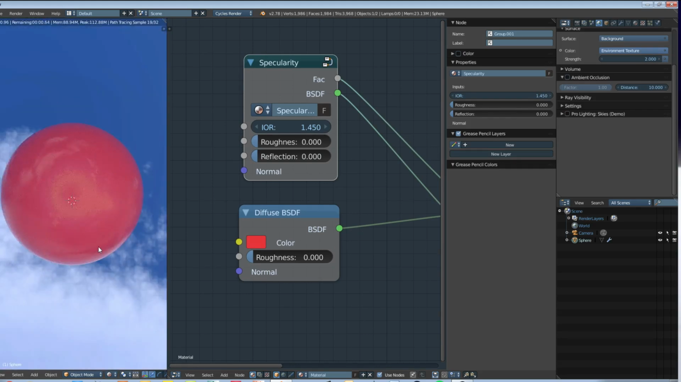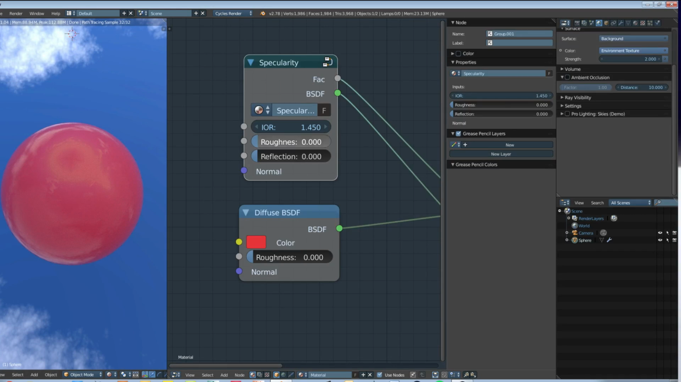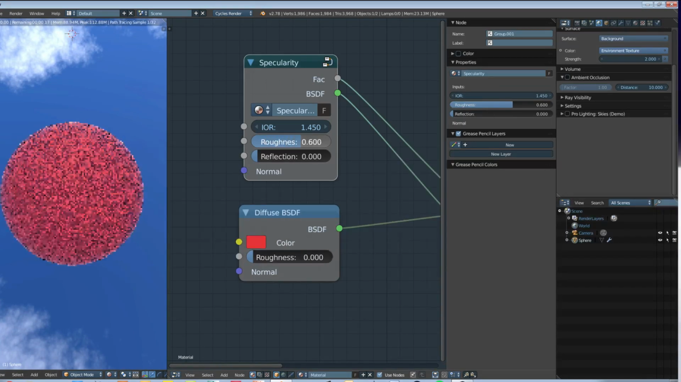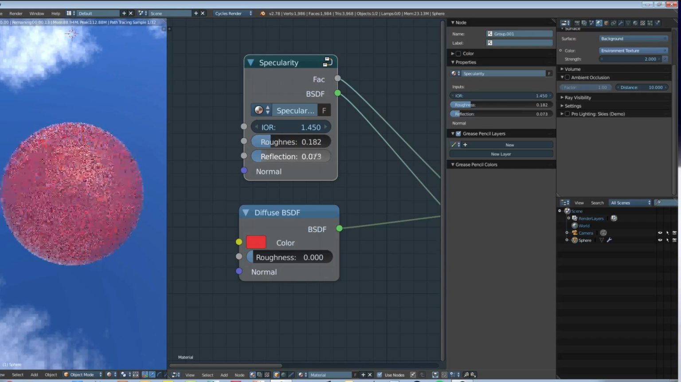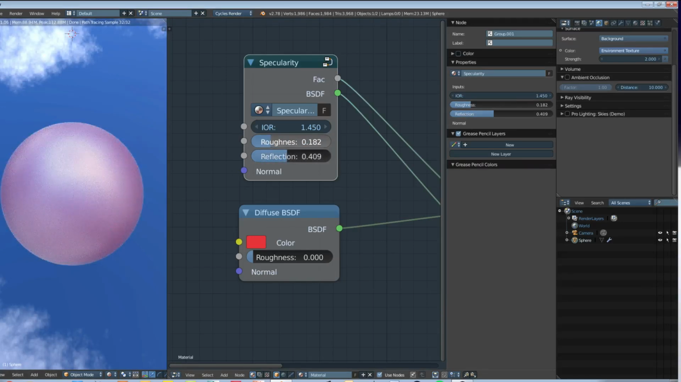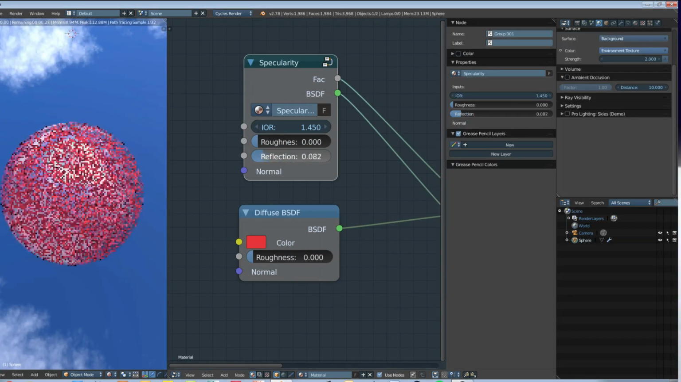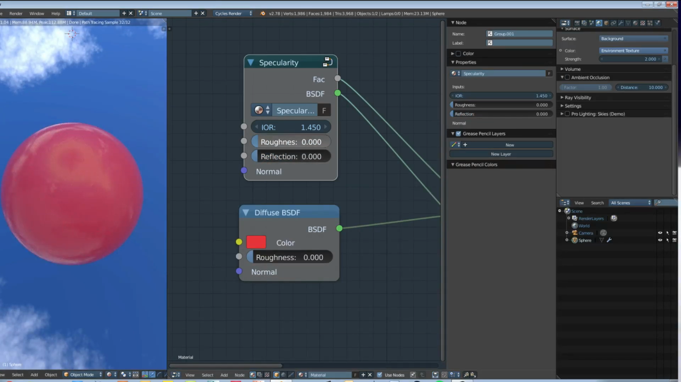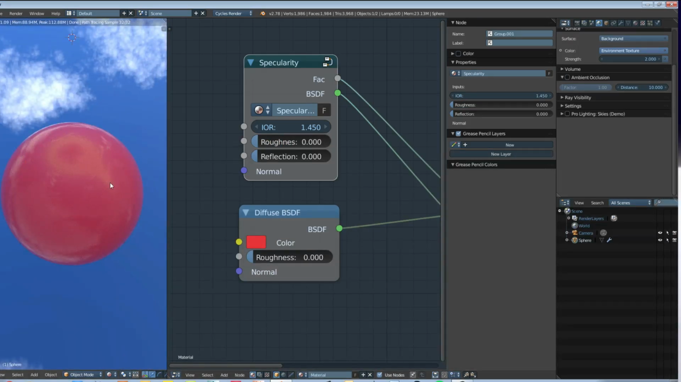So we're going to go ahead and hit Shift-Z, and we can see if we increase the roughness here, the object becomes more diffuse. And if we go ahead and increase the reflections, the object obviously becomes more reflective. And we can get a lot of nice different effects with this. It's very cool. Alright,